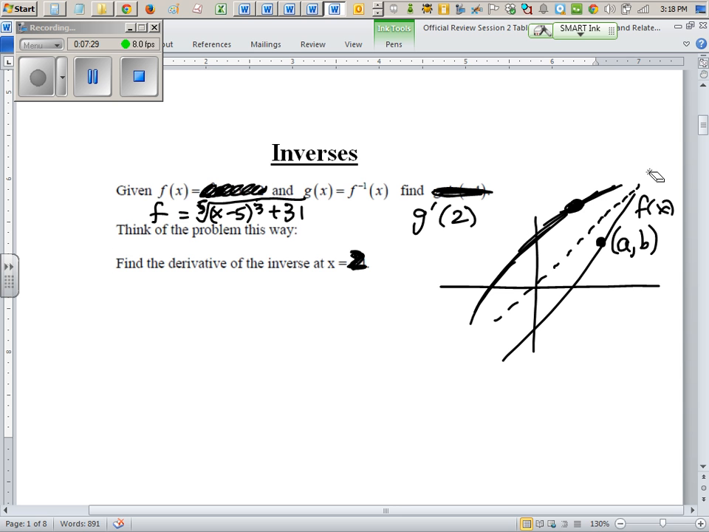It won't contain AB necessarily. It'll contain what? BA, correct? And its name, of course, is F inverse. And the slope